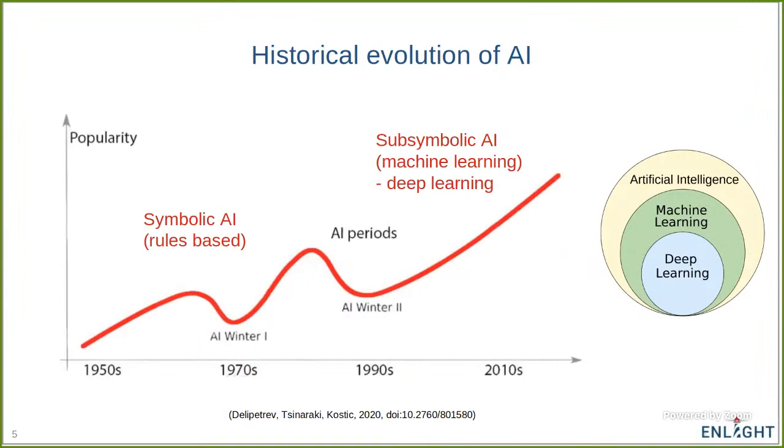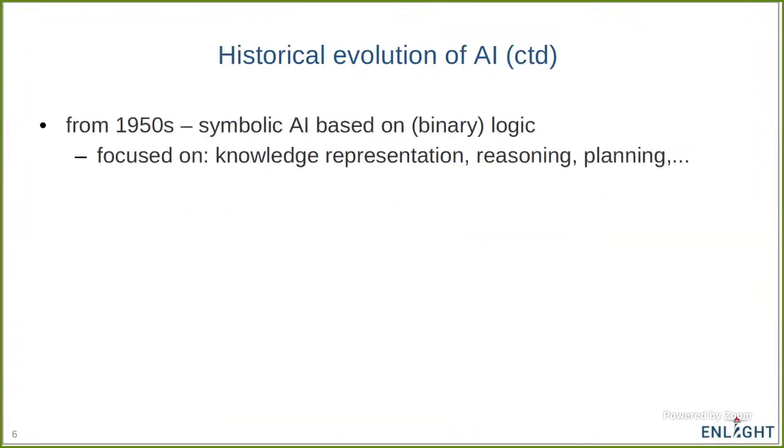If we look into the history of AI, we can see that it started sometime in the middle of the past century. At the beginning, symbolic AI dominated the field, based on rules and inferences from these rules. But later, gradually the dominance was taken over by subsymbolic AI machine learning methods, in particular deep learning. So now we can see that deep learning is part of machine learning, which in turn is part of artificial intelligence. More concretely, the symbolic AI methods in the past were focusing on knowledge representation techniques, reasoning, planning, problem solving,